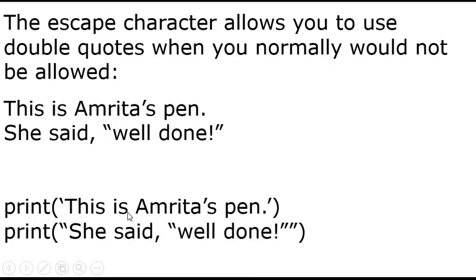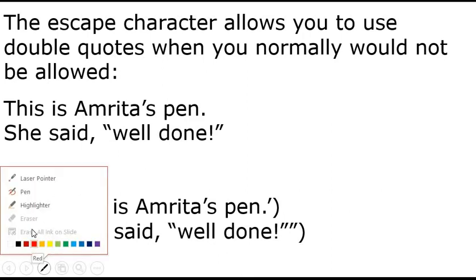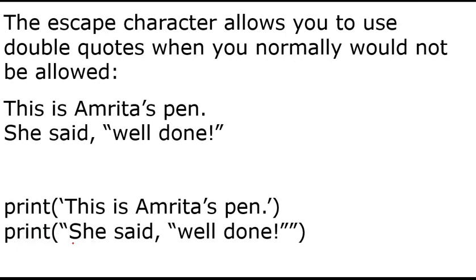Similarly, if you write the string this way, using double quotes in the beginning and end, and these double quotes that you want to display, Python will not be able to differentiate between the two. It will mark this as the beginning of the string and consider this as the end of the string. So this much part will be out of the string, then this will be the beginning of a string and this will be the end of the string. That is what Python will consider.